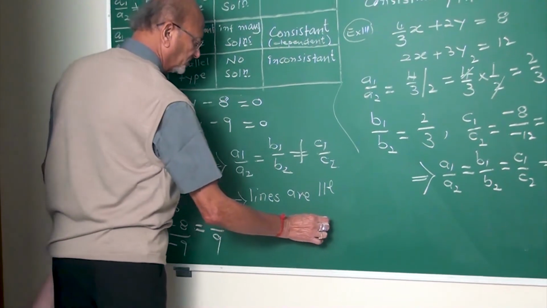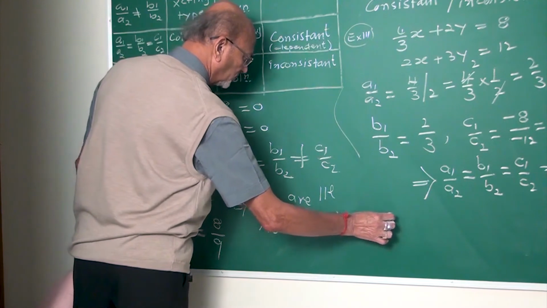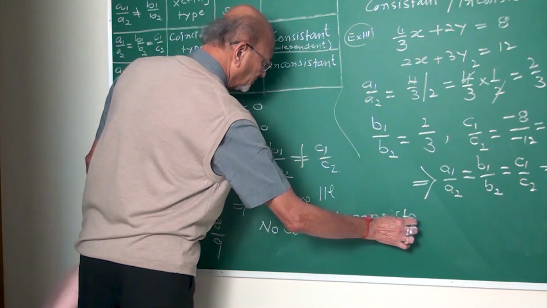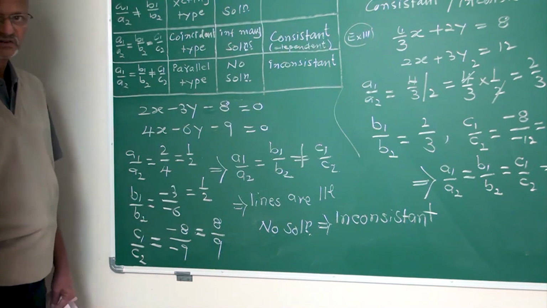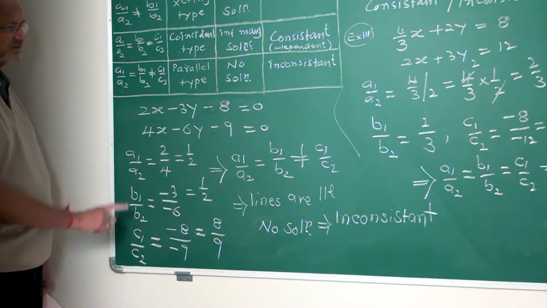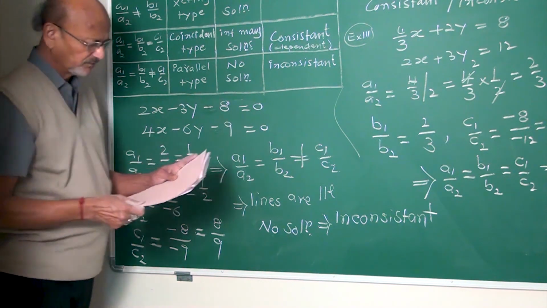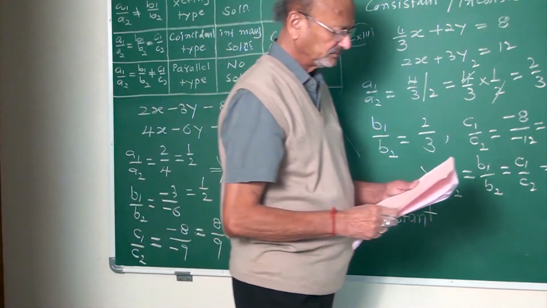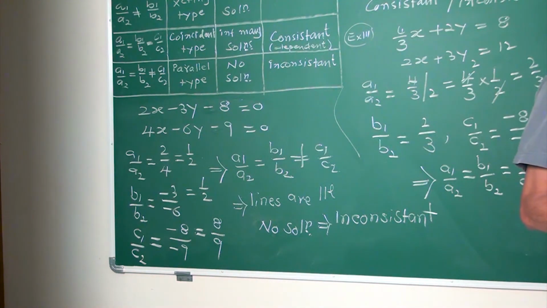No solution means the system is inconsistent. No solution means, by the definition, the system is inconsistent. Yes, my friends. Note these things. Based on this, the next type of examples are